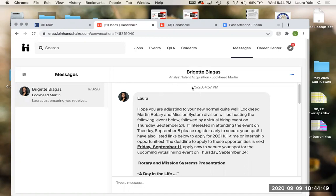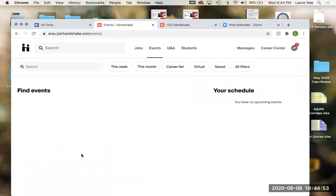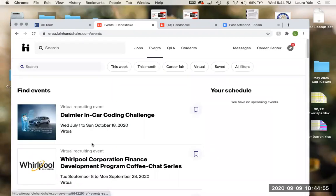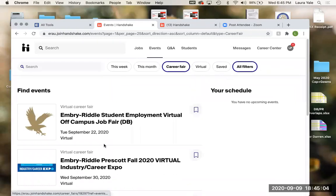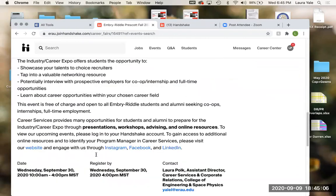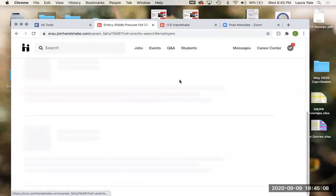So there isn't a way. I did see, you can see when they registered what their preferences were, but that's different from what they selected for the sessions, but it can give you kind of an idea of what they're looking for. So if you go to employers again,